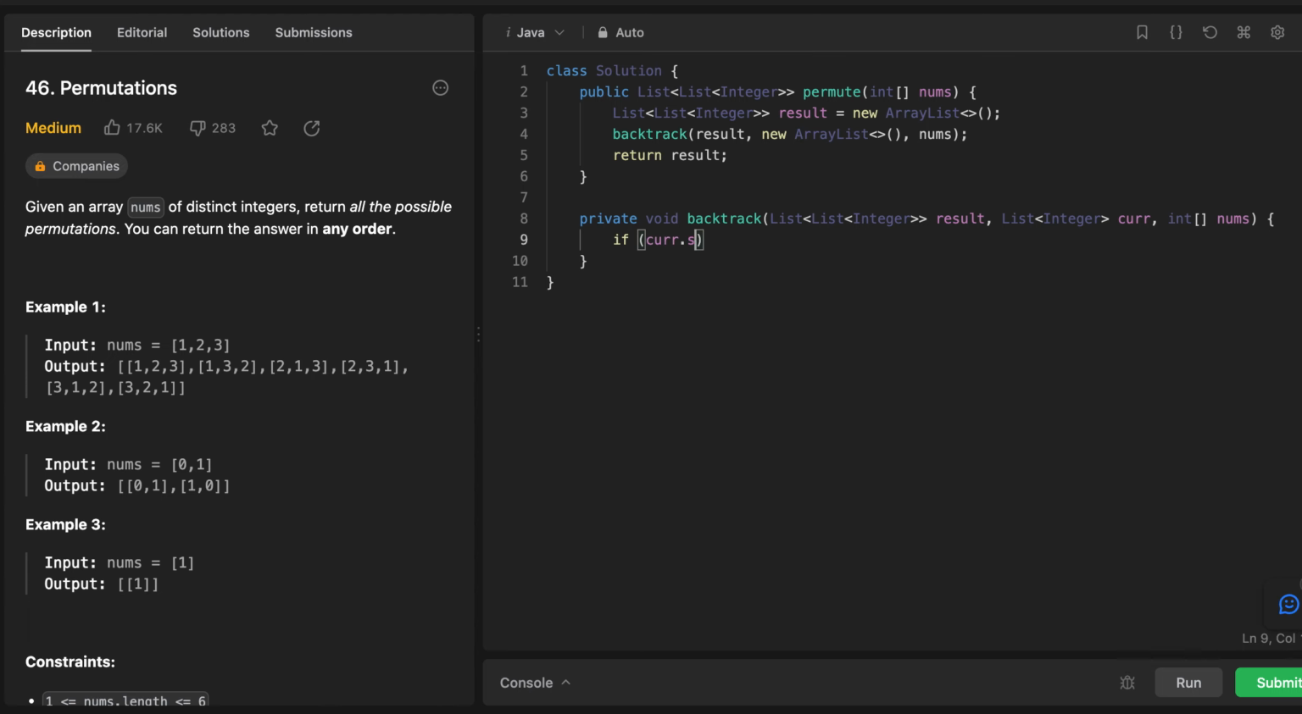So let's take care of our base case. When current size equals nums length, because these will be the values that current will be holding. When the size becomes the same as this one, then we will terminate it, like return from there. That's our base case. So result add new ArrayList of current in here, and then return. Perfect. If not, then go over this nums,